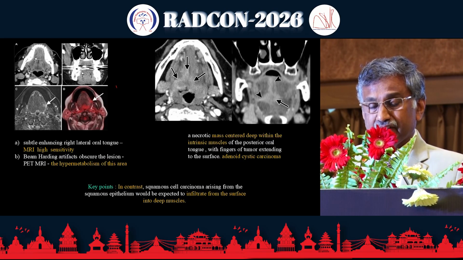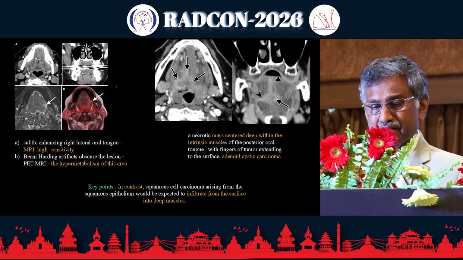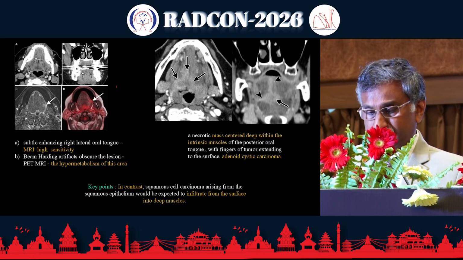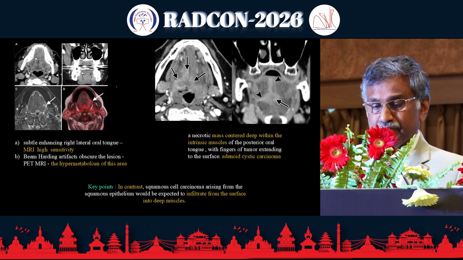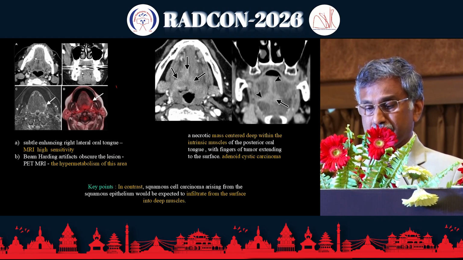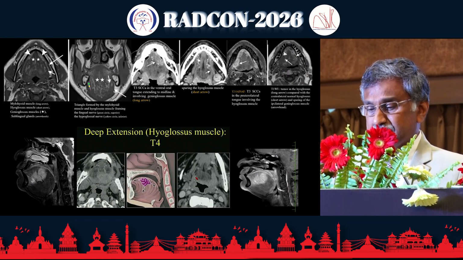So here is an example of early subtle changes of early carcinoma. You will miss the lesions in the CT examination. So we do MRI, and MRI picked up the lesion. Sometimes because of dental artifact you cannot get it. So in this situation you need PET imaging. If you do PET imaging, you can demonstrate a subtle enhancing lesion while avoiding the beam hardening artifact, these hypermetabolic areas. Here the patient has entire tongue involvement, intrinsic muscle involvement.